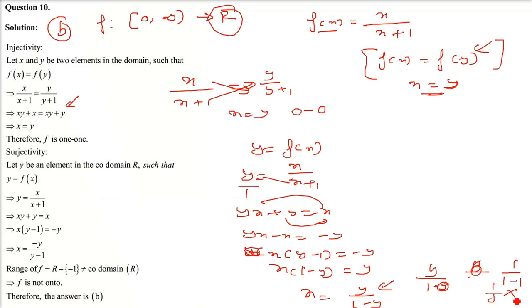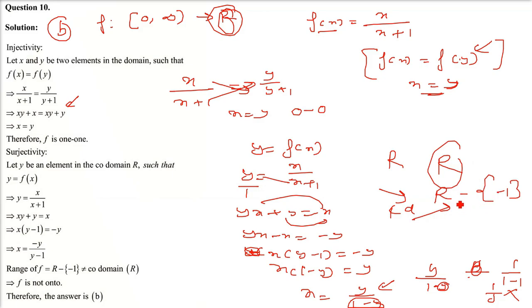That is, the codomain of R is not matching the range, because the range is all the real numbers except 1. You cannot have a 1 here in this case. Or if you don't change the negative sign, it will be -1. I'm just saying -1 because I've changed the sign, but if you don't change the sign, it will be R minus -1. If you change the sign, it will be R minus 1. So the codomain is all the real numbers. Range is not equal to codomain, so that is why it is not onto.